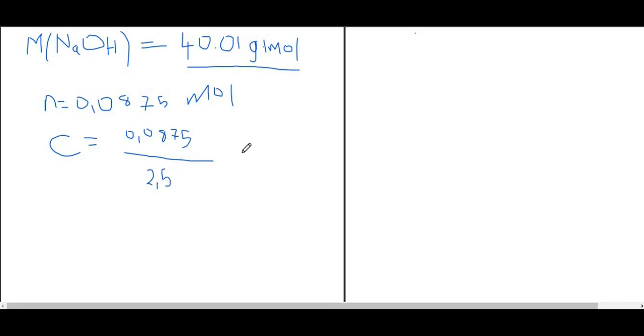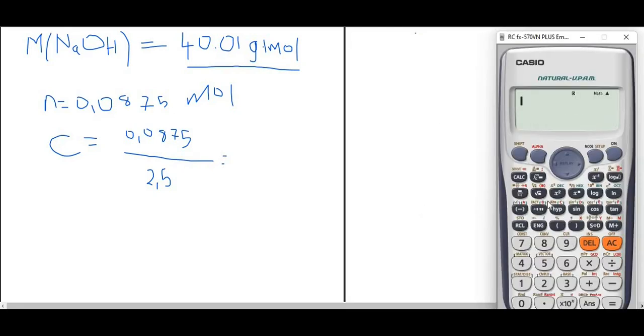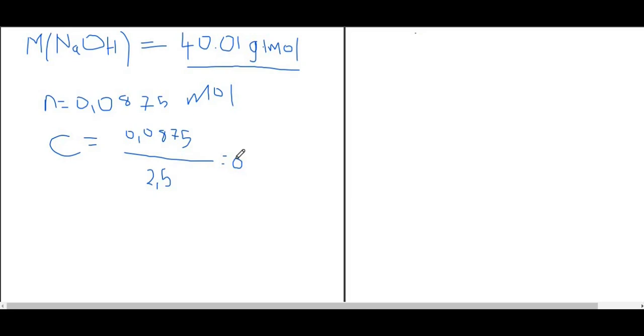2.5. If you put this in your calculator, you will find the value for your concentration, right? So you just say, okay, it's going to be 0.0875, all of it divided by 2.5. How much is that? That is going to be 0.035. Remember, concentration is measured in mole